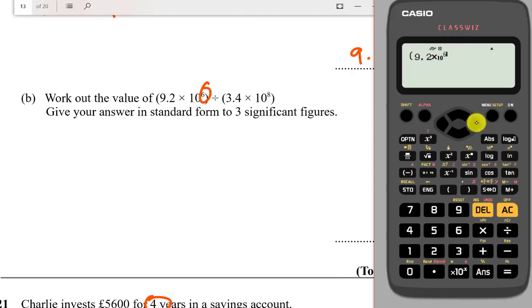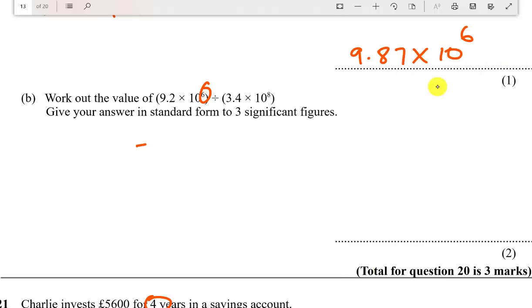And then press the right arrow button. You need to press the right arrow button, otherwise everything will be at a power of 10. So just bear that in mind. And then close brackets, and we're dividing by open brackets 3.4 times shift log button 10 to the power of 8, and then press the right arrow button and then close the bracket. So always make sure you press the right arrow button. Now press equal and the SD button, change it to decimals, so 0.27